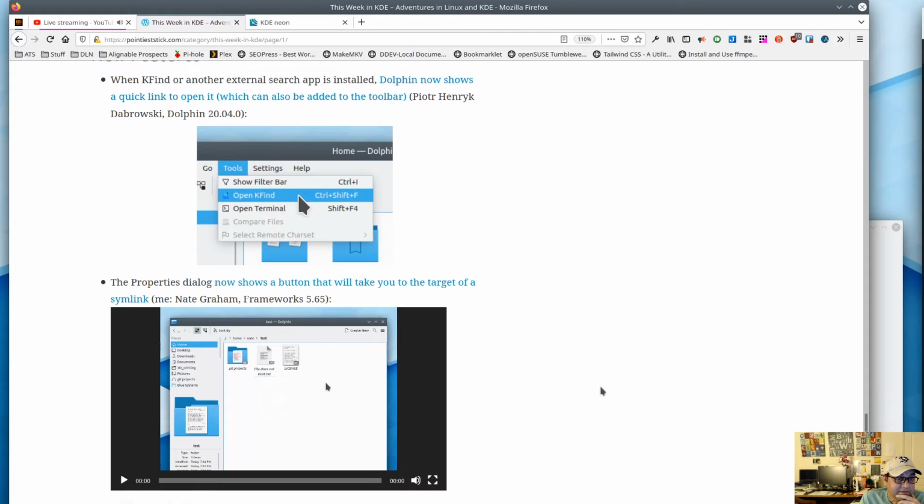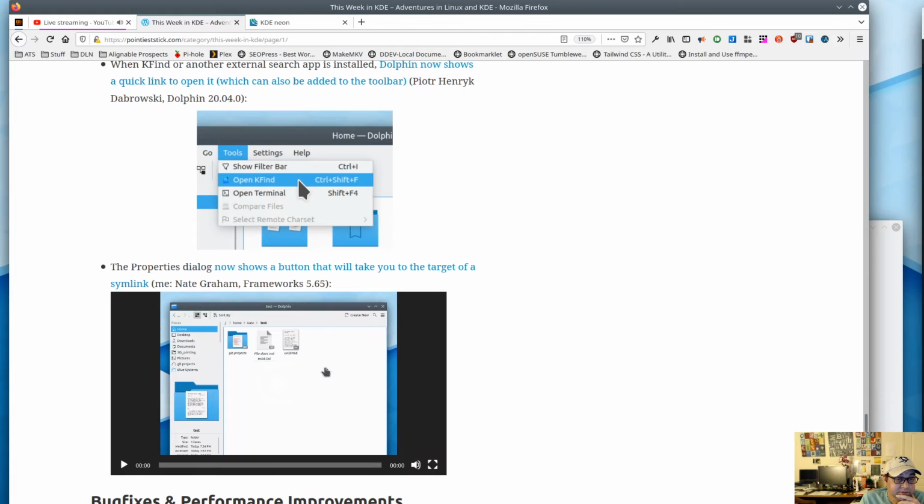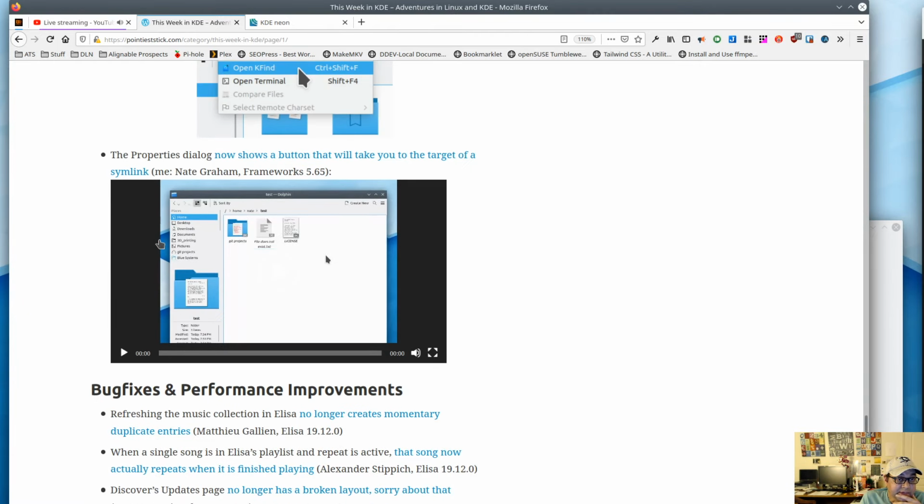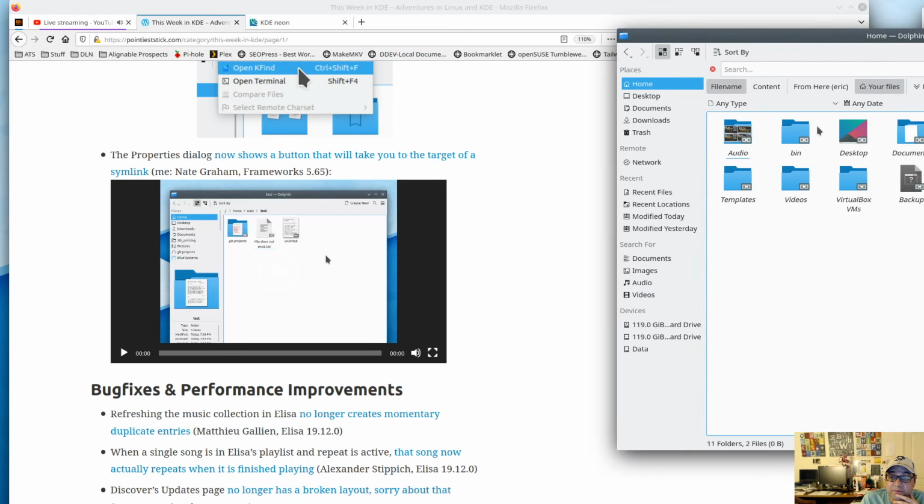All right. So the K-Fine, pretty cool. Again, all those integrations. Let's see. We've got a properties dialog, shows a button that will take you to the target of a symlink. Well, funny enough, I have some symlinks. The way I run my home folder,